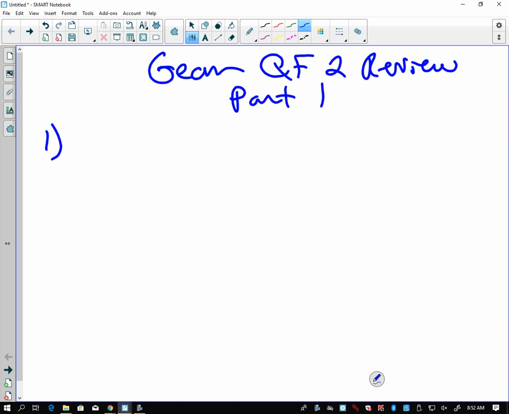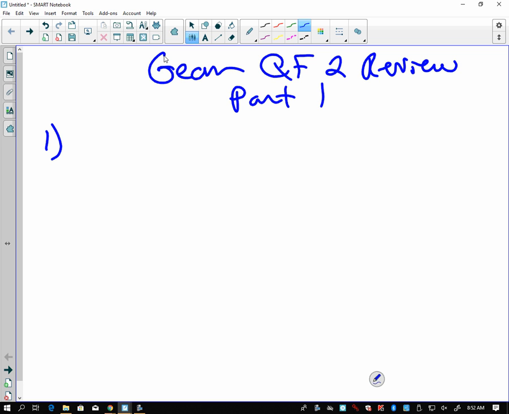Question number 1, and I'm not bouncing around from question to question. I'm looking at the test on the other screen. This is the order of the test. I don't really like the idea of teaching to the test, but I don't like the idea of giving you a review that doesn't really match up well with the test. So